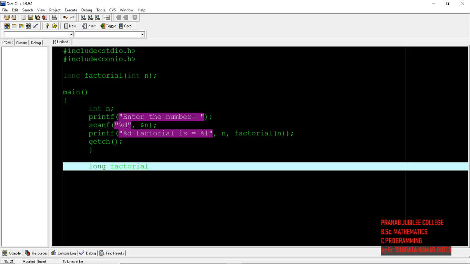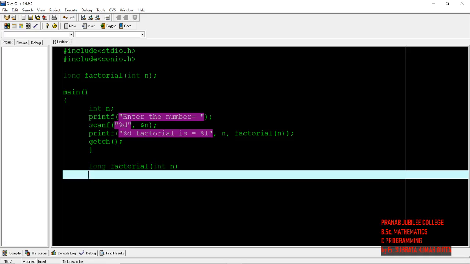Factorial. Okay, so in the theoretical example we took f of n. That f of n is represented here by factorial of n.